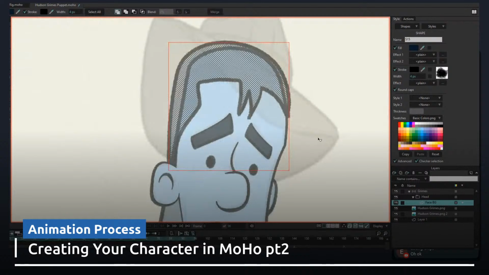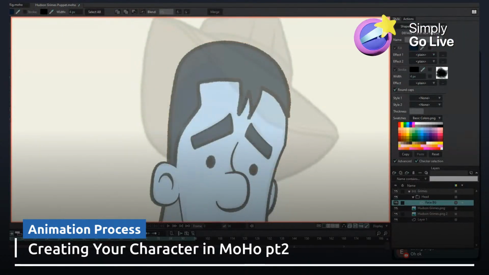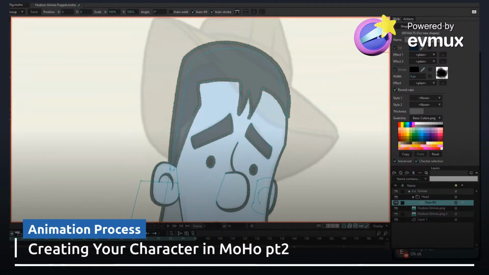I'm going to escape. Now I'm going to come up to my point selection tool, make sure my points are on, and now I'm going to simplify it, right? So take out the points you can. Yeah, I'm going to keep those 2 points there. This one I'm going to take out because with curves I can get this curve. All right, and I don't think I need this one here, and I don't need this one here. And this just comes with practice, knowing how many points you need and stuff.